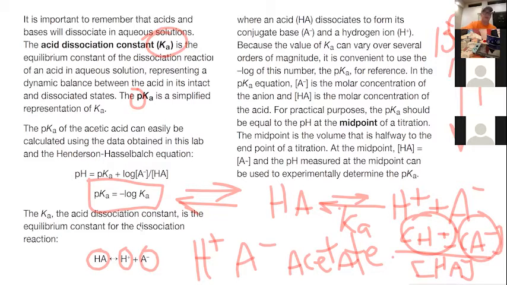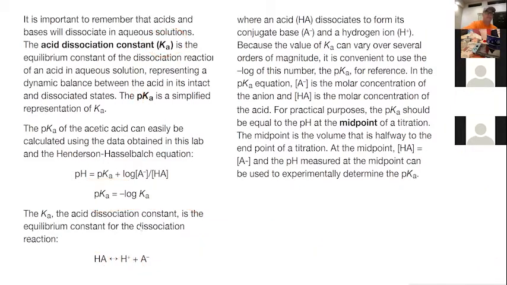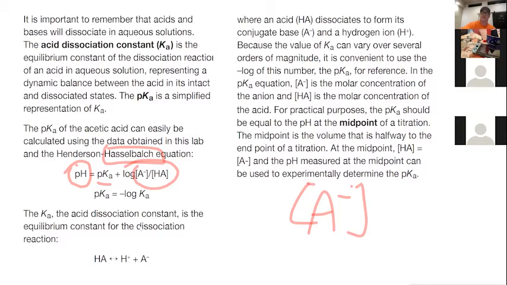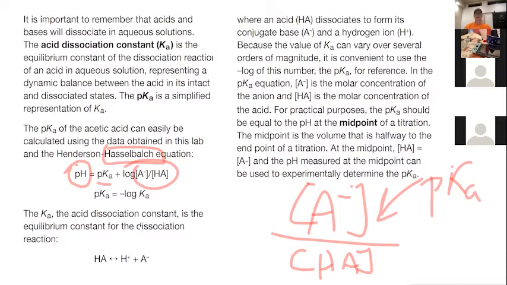And this breaks down into this equation. This is a misspelling. It's the Henderson-Hasselbalch equation. There's no L in it. So the pH at any one time when we have a weak acid is the pKa of that particular acid plus the log of the concentration of the conjugate base over the concentration of the acid. And we're going to be using this to determine our pKa of